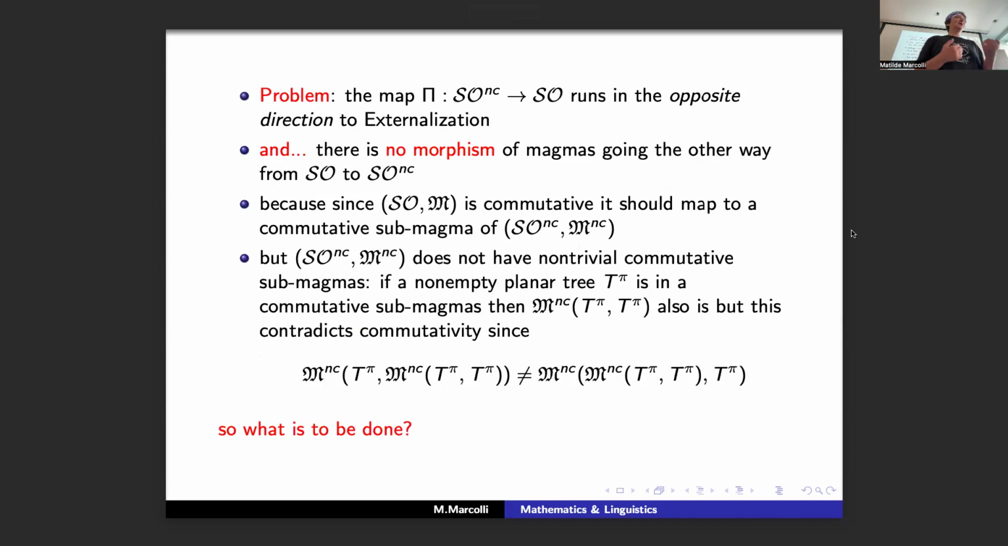There's a problem though, that it goes in the opposite direction with respect to what you want to do. You actually want to planarize trees. You don't want to forget the planar embedding of trees. Okay, so